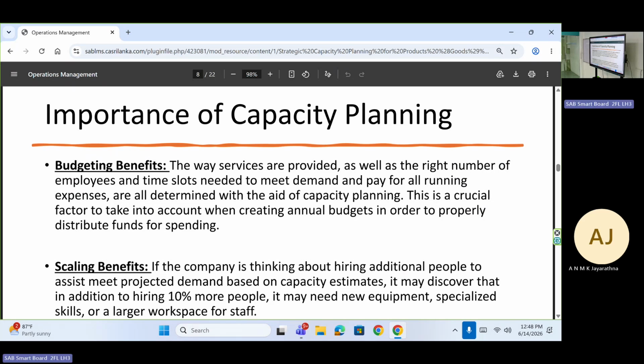The company is thinking about hiring additional people to meet projected demand based on the estimate. They need new equipment, specialized skills, or a larger workplace for staff. From the capacity plan, right? From the capacity plan,